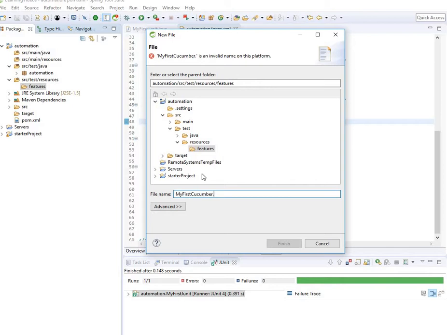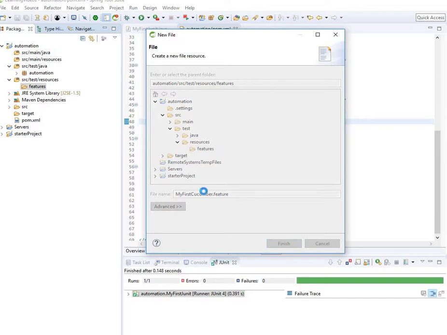You have to write dot feature, F-E-A-T-U-R-E is the extension, otherwise it won't work. So you have to have this features so that it will bring up the feature file. Then just to finish,